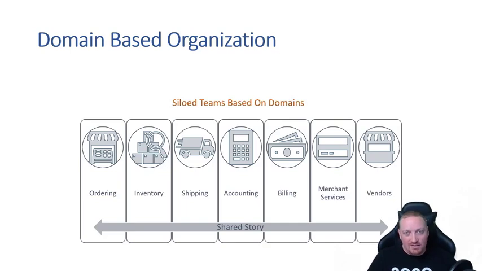But the bottom line is, one activity that the user may want to have with the product may touch on several of these domains. If not all of them, it may be several of them, because a lot of them are interconnected, right? Such as accounting, billing, and merchant services. Those all have a bounded context, right? Same with ordering and inventory. Those two things go together. I can't really order something that's not in inventory unless I'm getting it directly from the vendor. So there's a lot of things that tie together, and you can get a story that crosses over